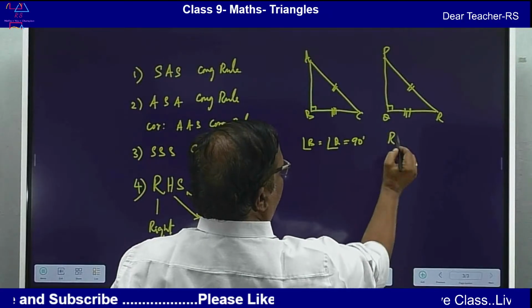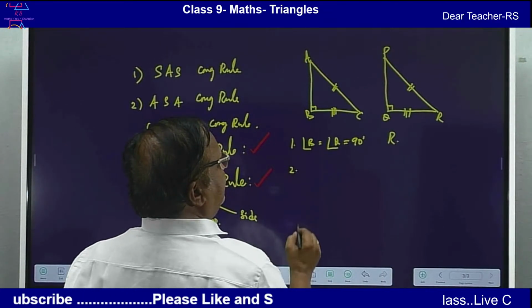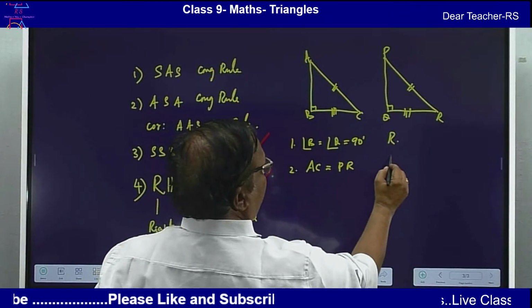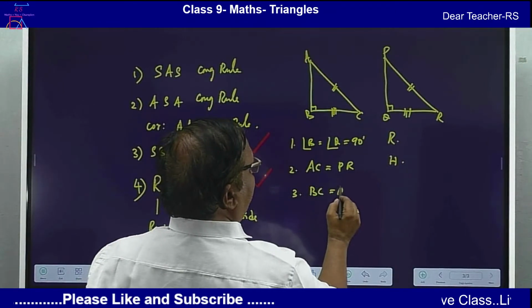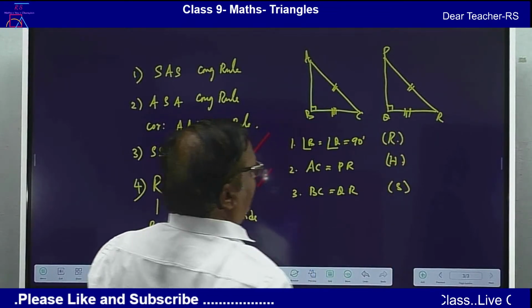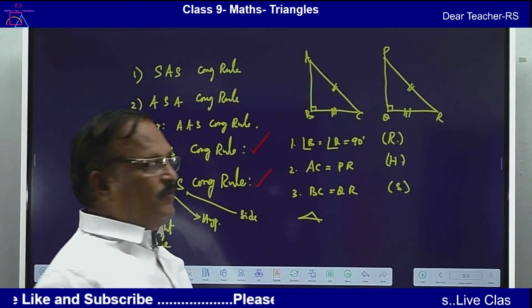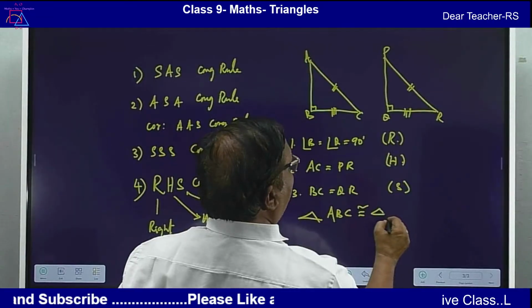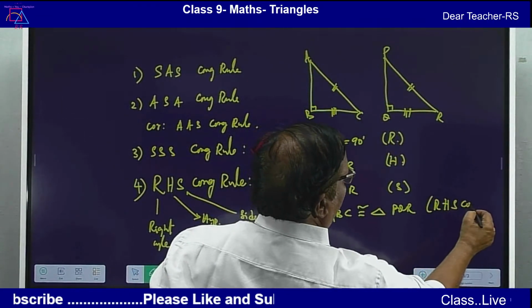This is R. This is first part. Second pair of parts. Hypotenuse AC is equal to PR. This is hypotenuse. And third one, BC is equal to QR. This is a side. So therefore, by these 3 equal parts, we can say triangle ABC is congruent to triangle PQR by RHS congruency